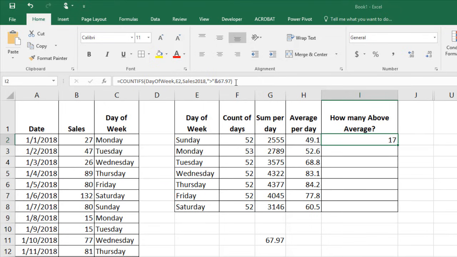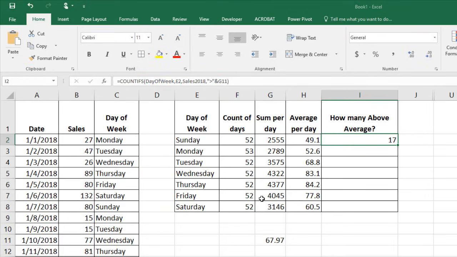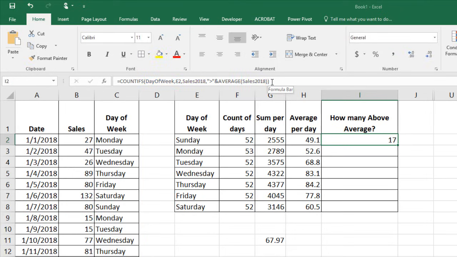and it would work. But you know me and hard coding numbers in there, because if any of these numbers change, that formula then breaks and it doesn't give us the right answer. An improvement upon that would be to reference this cell, and I still get 17. But an even better way, rather than me just calculating this average and sticking it out on a sheet somewhere, I'm going to put that average formula here inside this COUNTIF statement. So, AVERAGE, parentheses, sales 2018, close my parentheses, and we get the right answer.